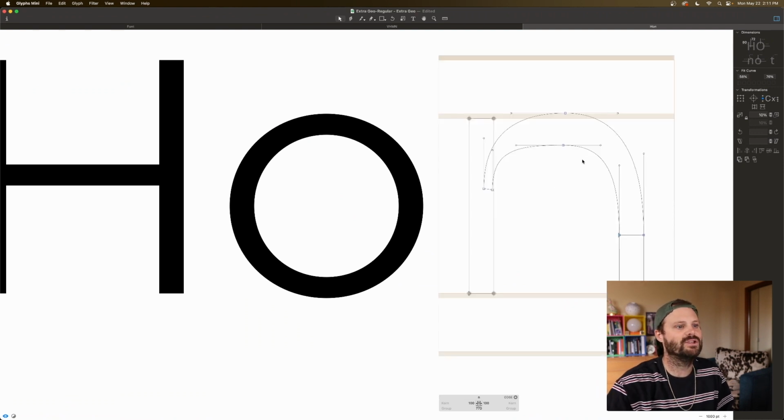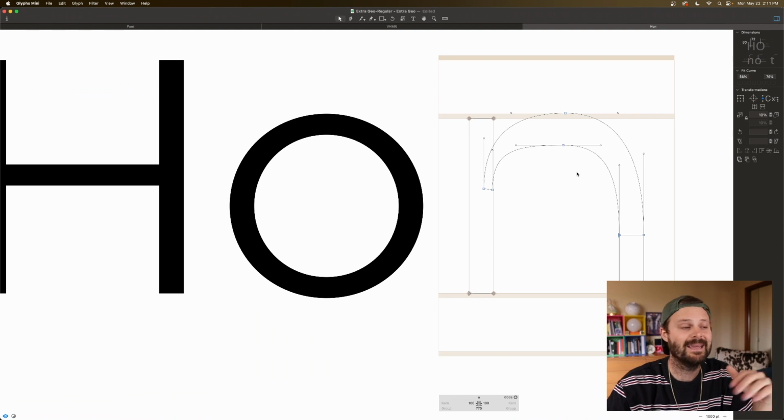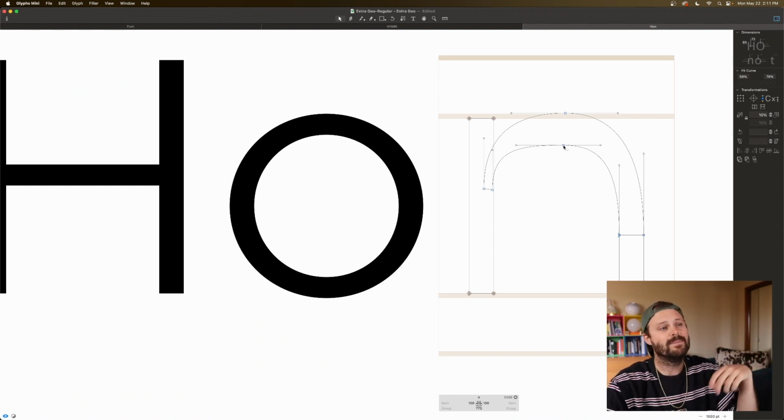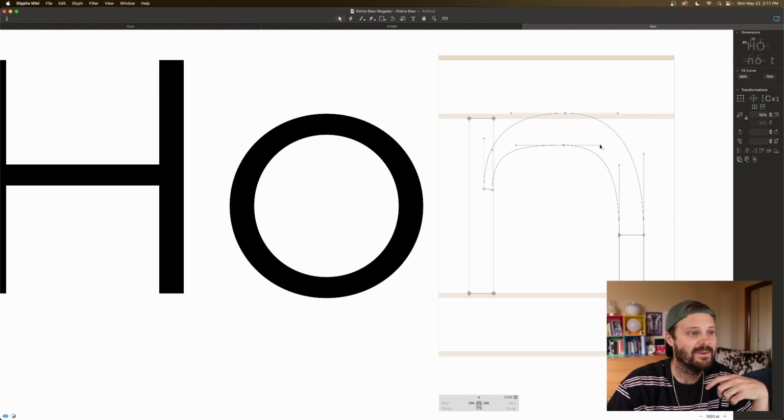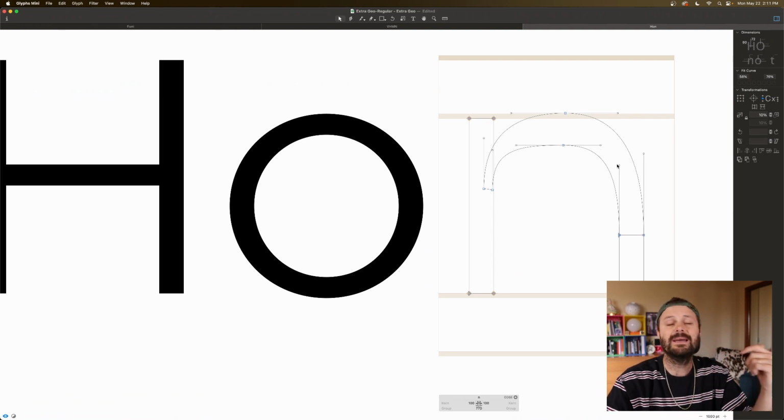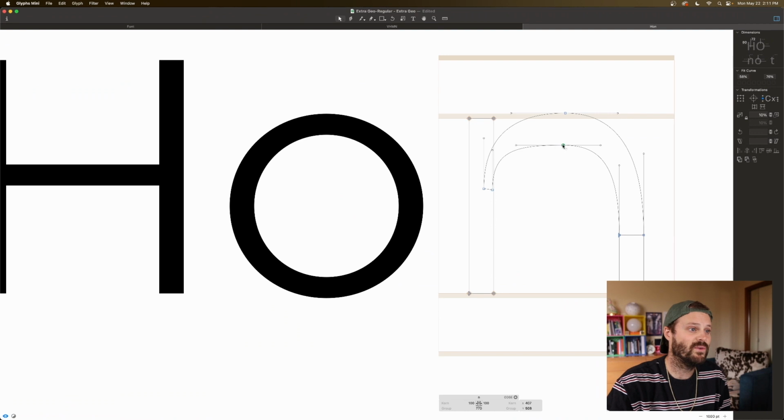How you can go about changing these handles from these open handles or blue handles to those locked handles is with a simple double click. You double click once, they turn to green. You double click again, they turn back to blue. Now, this is important, having these handles be green and blue, because let's, for example,